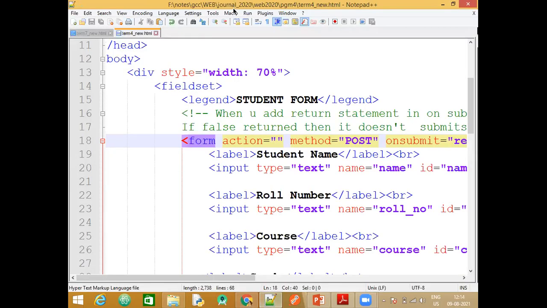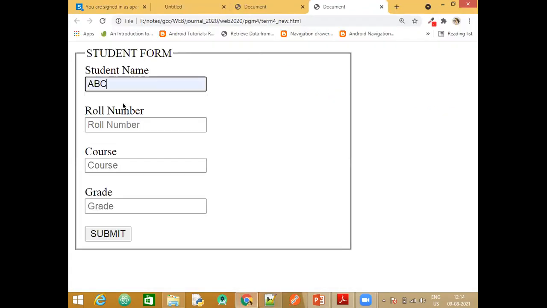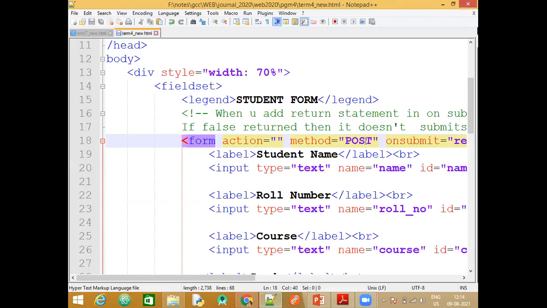Let me rerun it from here. Now you see the URL. Query string is not there. Means those parameters that are entered are not shown. So these are the two methods, get or post. Since we are not storing in a database or there is no security concern, I have given it get, because otherwise you will not be able to understand whether you have submitted or not. So for that purpose, in this program, we will use get.